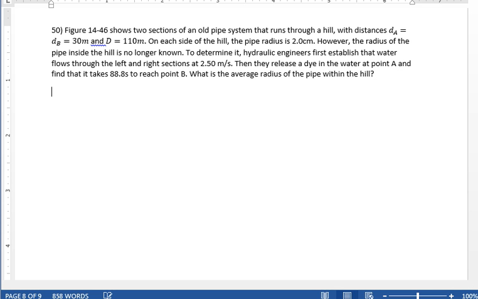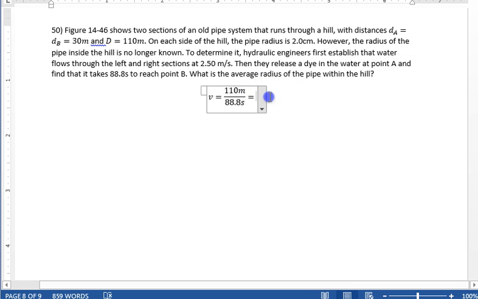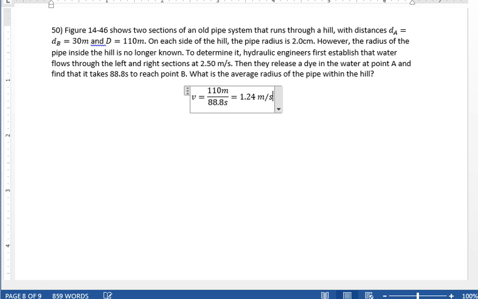So that tells us that the velocity going through is 110 meters divided by 88.8 seconds, right? 110 divided by 88.8, so we got a total velocity of 1.24 meters per second is how fast it's making it through. So the big question is, how big is the pipe